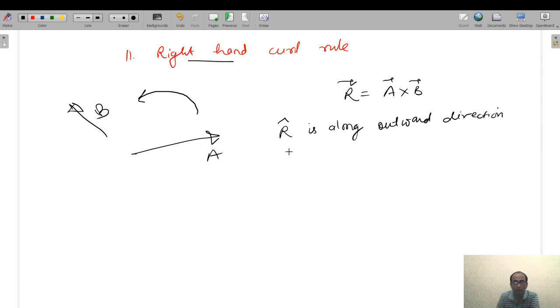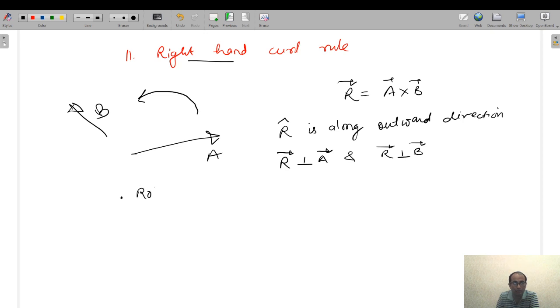Okay, so even if it is outward, R vector is still perpendicular to A vector and R vector is still perpendicular to B vector. So outside of the plane or inside of the plane, in both the cases, your resultant vector, that is the cross product of vector A and B, is perpendicular to both of these vectors, vector A and vector B. One thing you have to keep in mind while rotating.